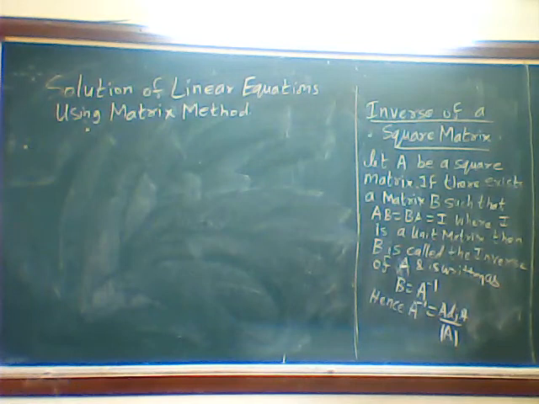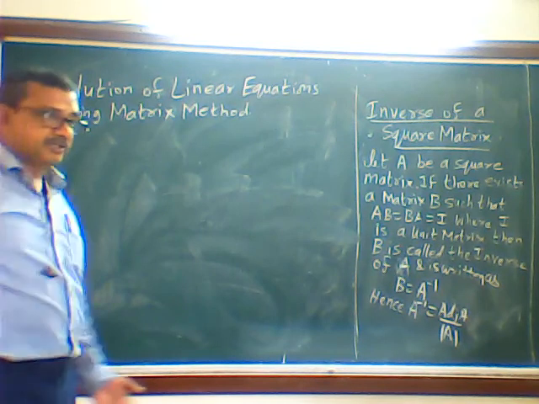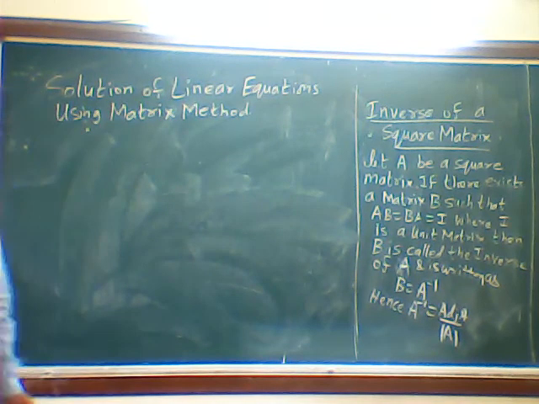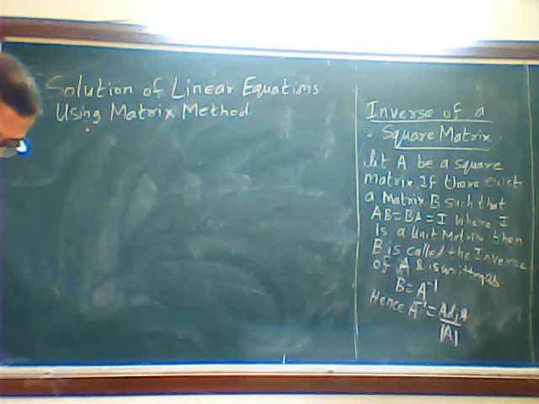Okay. Now in your last class we have found out x, y, z using Cramer's rule or determinant method. So same way you have to find out x, y, z value. If it is 2 by 2 matrix x, y, if it is 3 by 3 matrix x, y, z. Okay, using matrix method. So I will write here, let